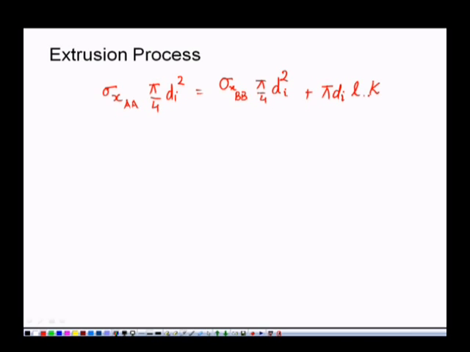So, this expression would be for the entry zone